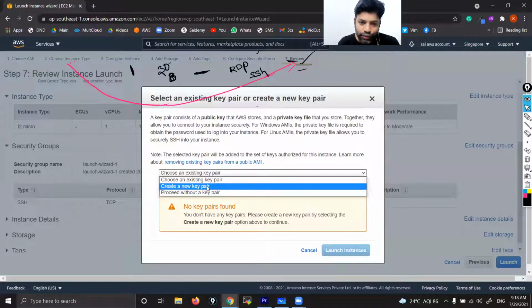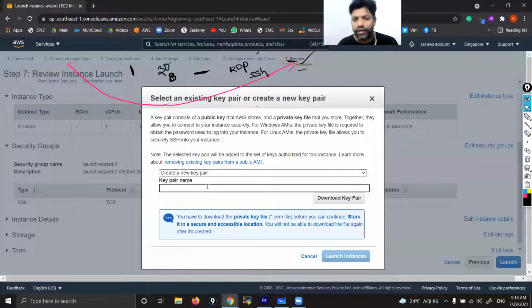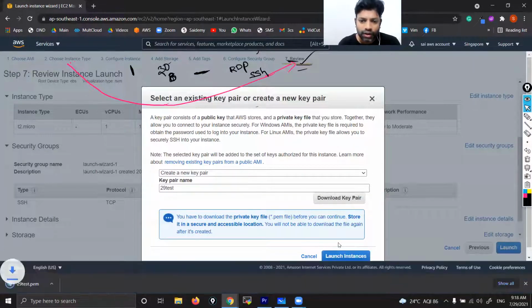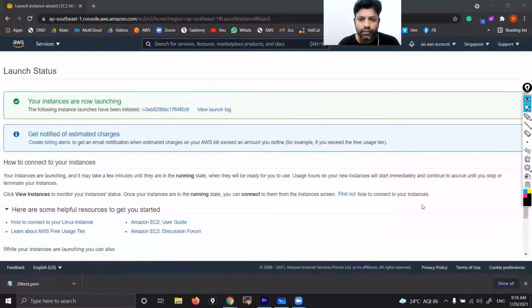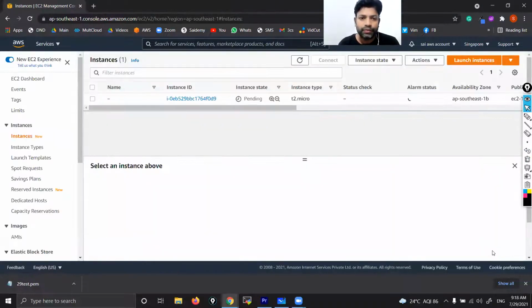Here I'm creating a new key pair. For that I'm giving the name 29 test. Today's date is 29 and I'm just adding test. Download key pair, then launch instance and view instances. That's it.